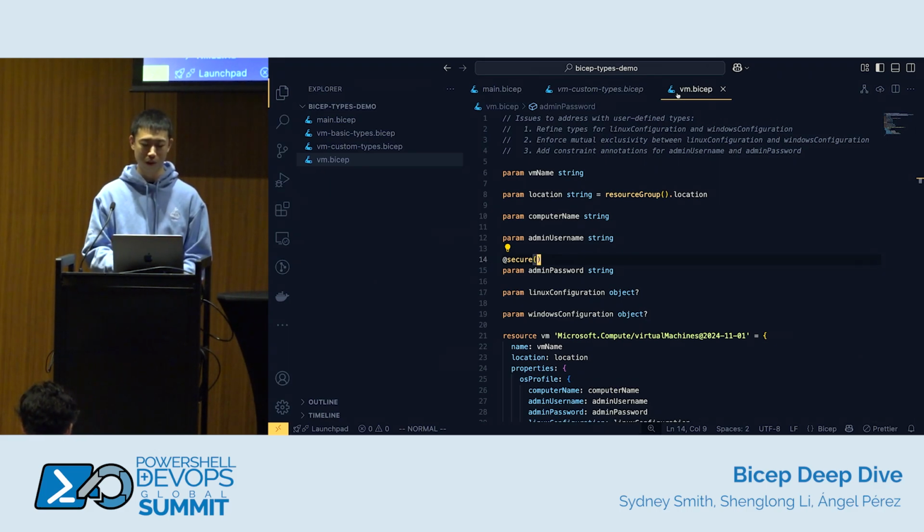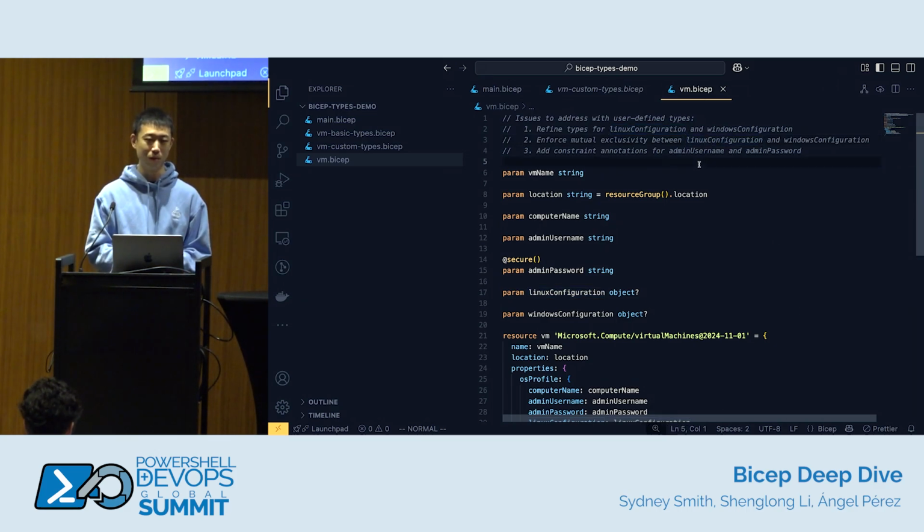Yeah, so for those of you who are not familiar with Bicep, Bicep has a concept of modules. So basically every file in Bicep is a module, which means you can reuse the file, you can reference the file in a different file. And you do that by declaring a module. And you can reference the file multiple times in the same file